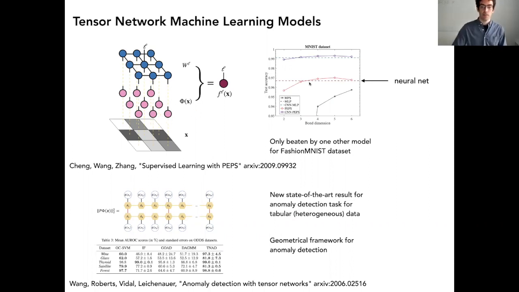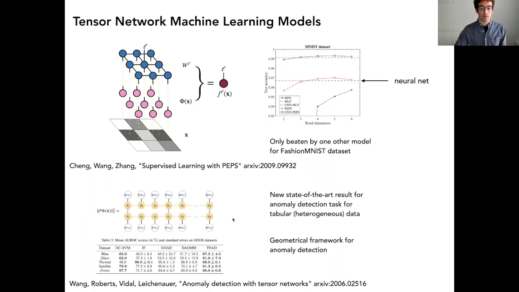And it gets state-of-the-art results for MNIST, tying neural networks. But then more impressively, it actually gets, I think, the second best result known for the Fashion MNIST data set, which is a challenging image data set of clothing. And it has some interesting advantages, like I believe much fewer parameters than associated neural networks would. But it also has a very high cost to train. So it has some drawbacks too that still need some work.